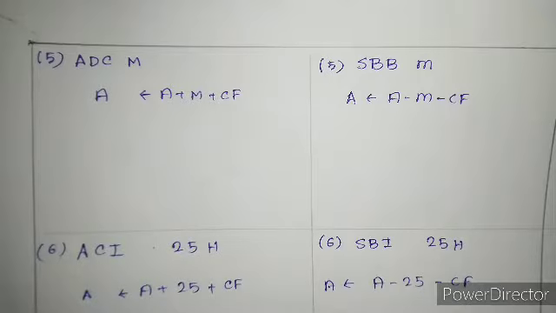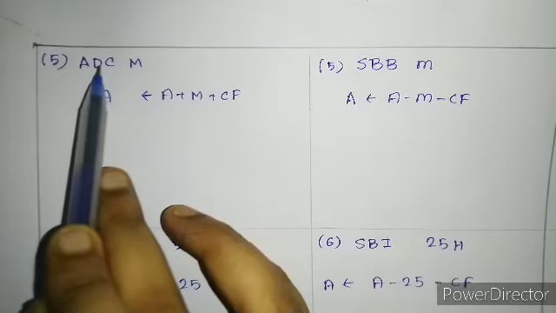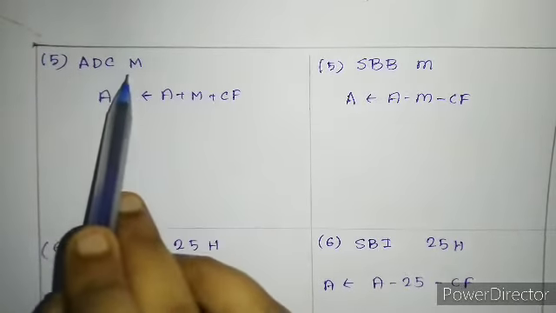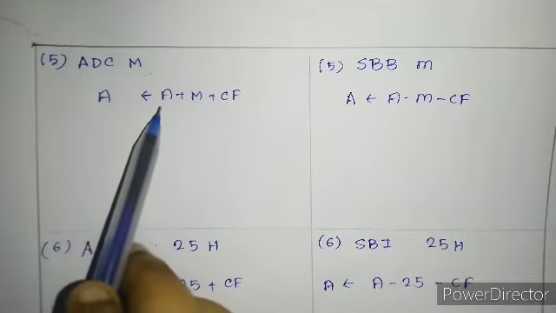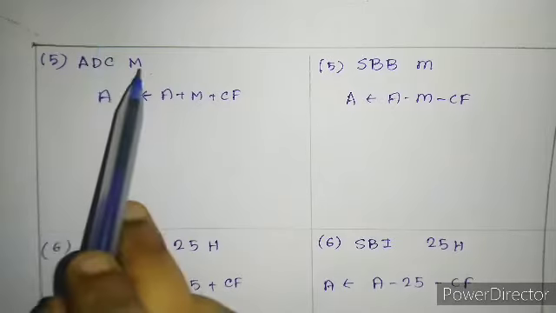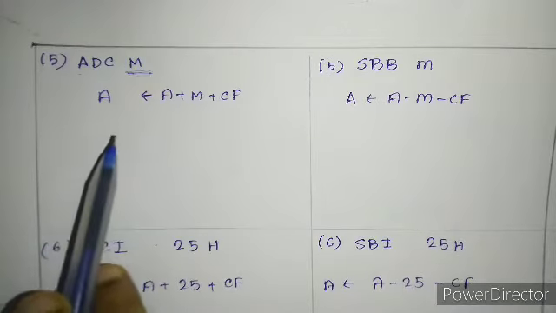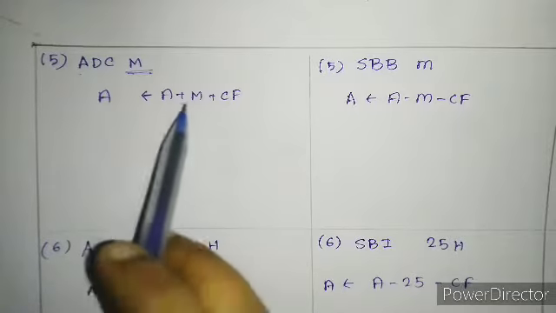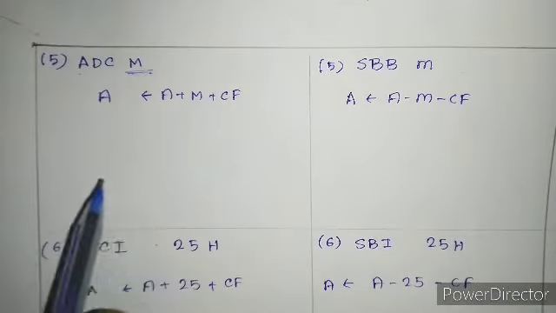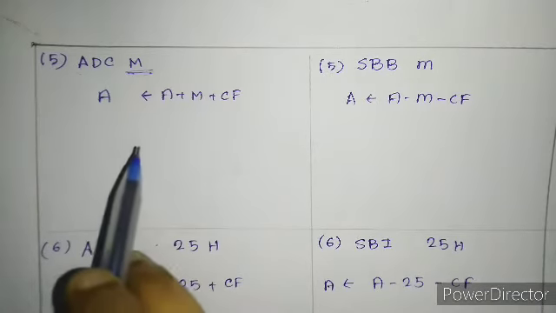Next instruction is ADCM. What does that mean? Add with carry, and there is memory. So in the previous example there was a register pair, and in this example it is memory. The result is in a memory location, and you have to add the carry with the memory also. I don't think I should give any more examples. You should do this yourself.